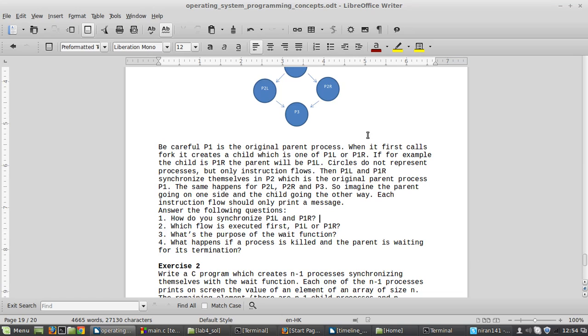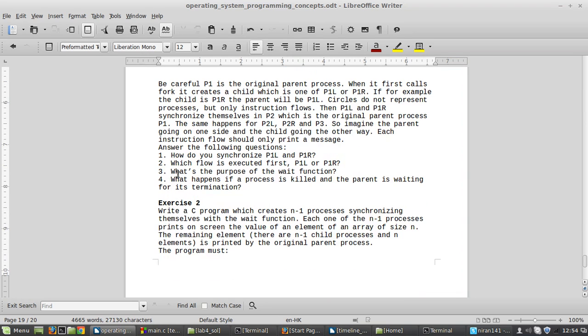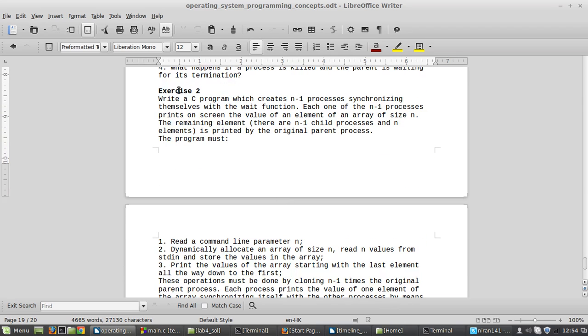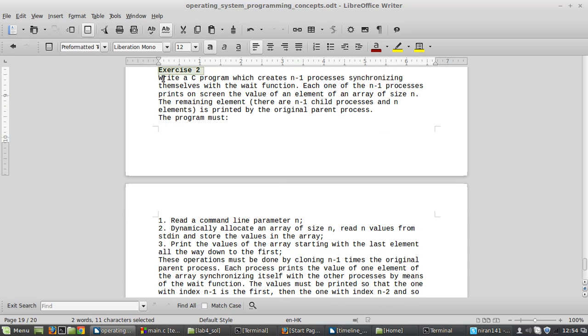Alright guys, so I'm done with exercise number 1 of lab 4. Now this is all done. How do you synchronize? You just use the wait system call, right? And which flow of execution is first, P1L or P1R? The flow of execution is that P1L is first, then P1R comes. The purpose of the wait function is to synchronize. What happens if the process is killed